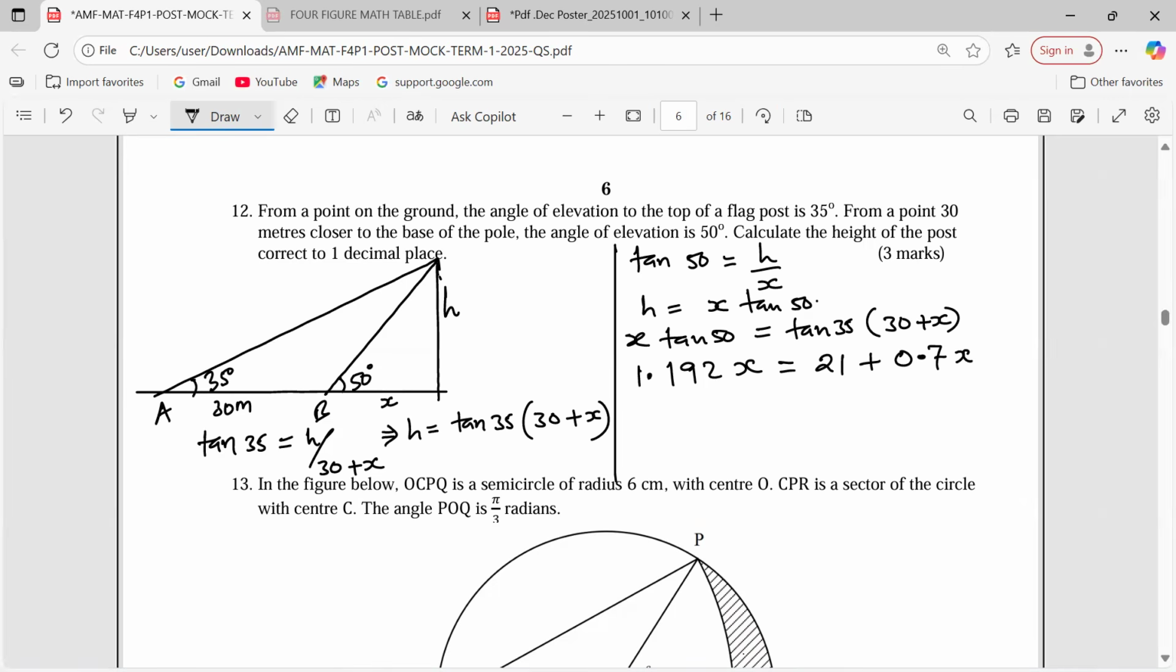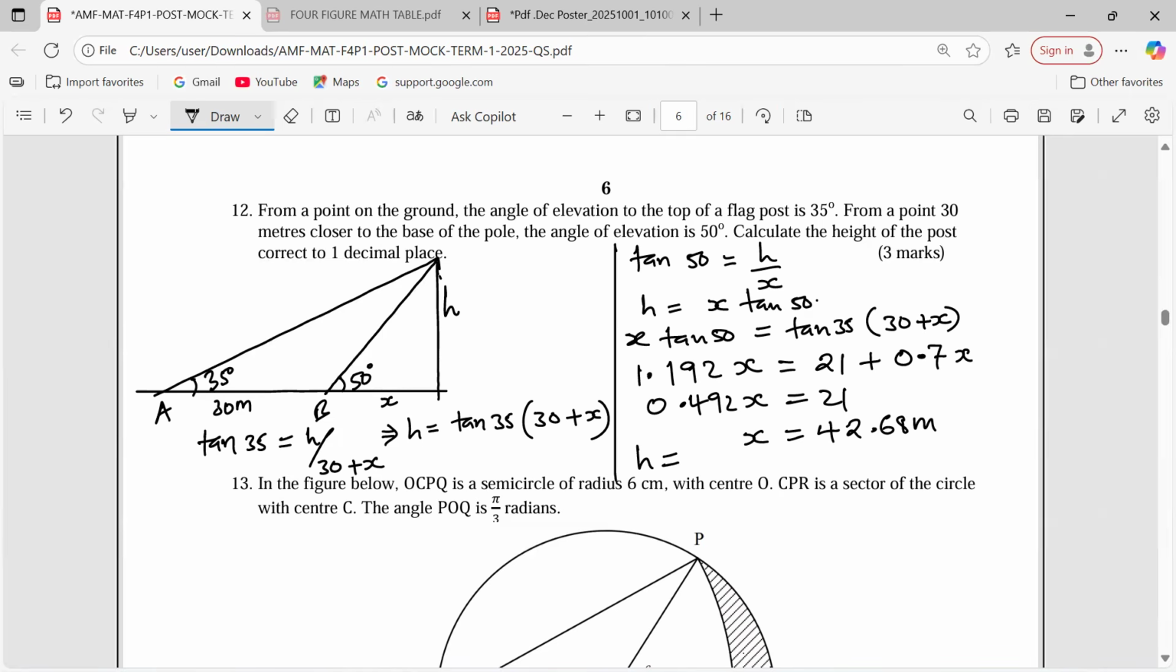So we can group terms to remain with 21 here. Then we have 1.192 and a 0.7, giving us 0.492x. How do you get x? We divide 21 by that value, 42.68 meters. So if x is known, then we can find h